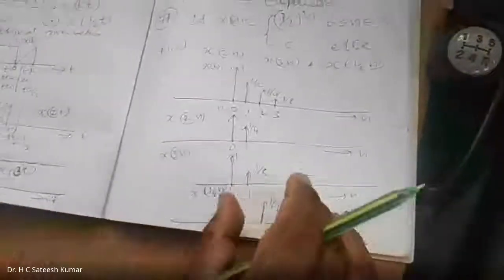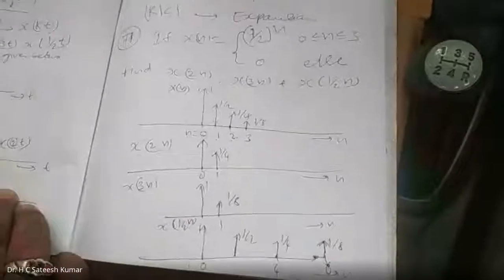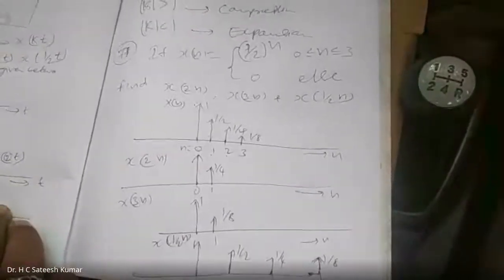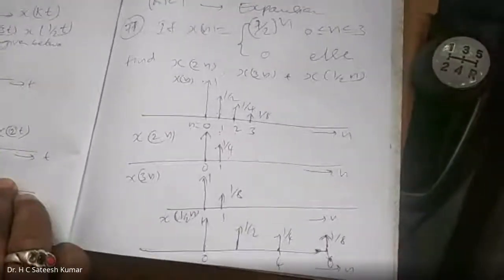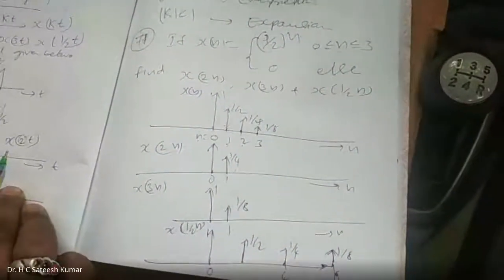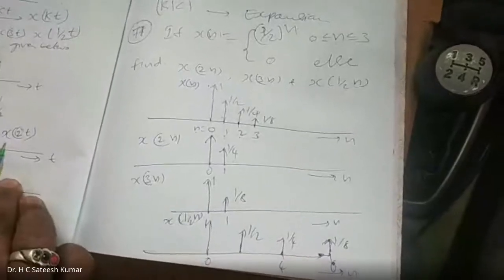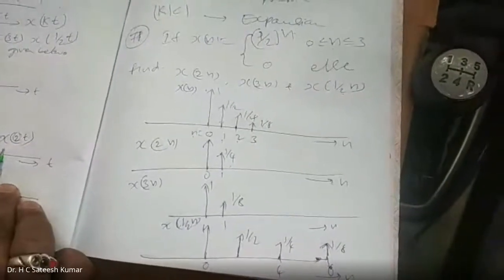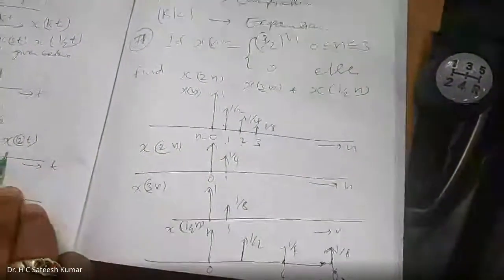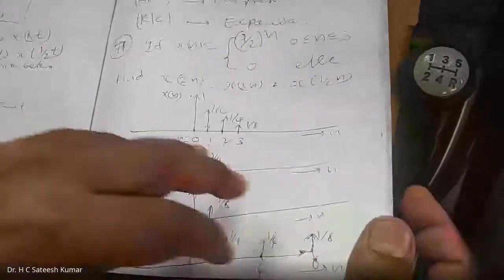So, when you're doing the discrete time signal, as I said, whenever it is a scaling, what will happen is, magnitude of k less than 1 means there will be expansion. Whenever magnitude of k is greater than 1, there will be compression. But when you're taking this discrete time signal, when you're doing the compression, some of the elements will be eliminated. That's what we should understand. That is the reason why I have taken up this problem.